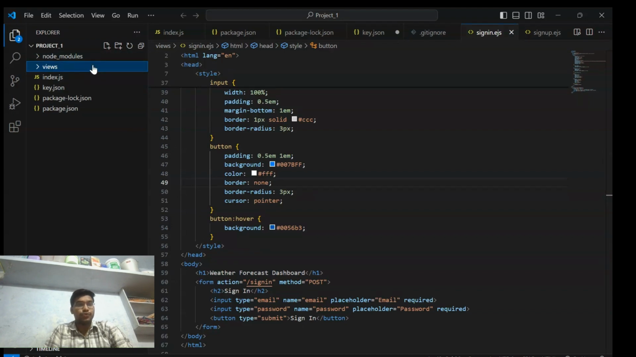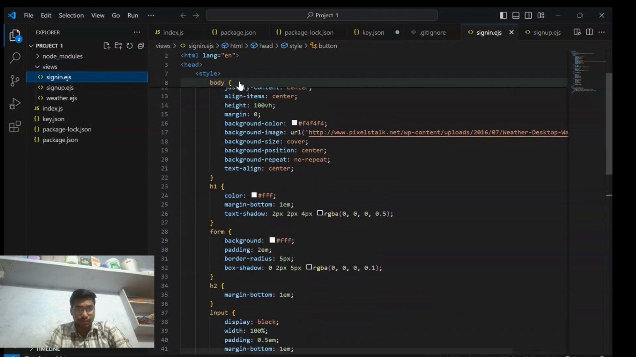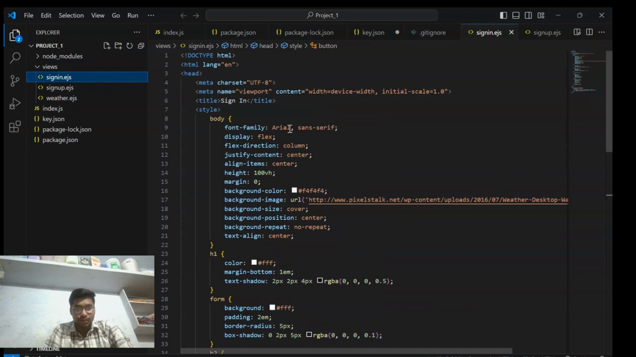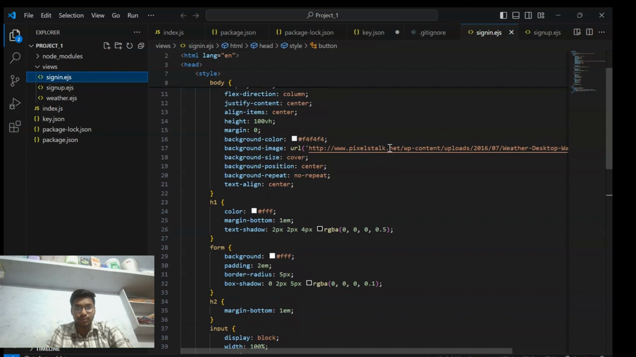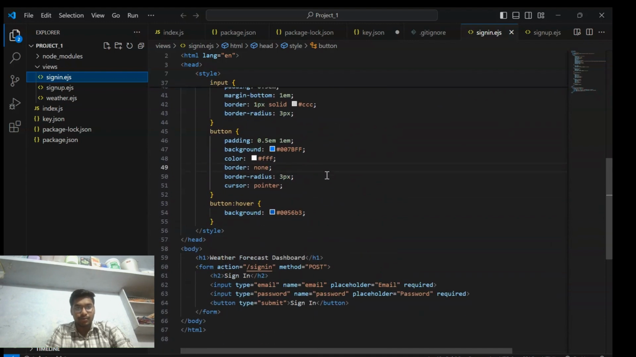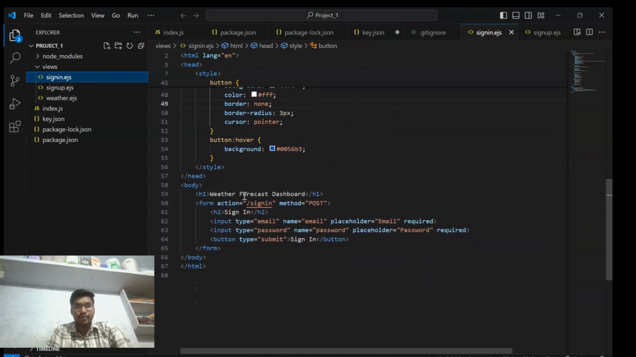And this is the views folder, in which we have sign in, sign up, and weather EJS. In sign in EJS, if you look into the code, this is the CSS styling, and this is a background image, and this is the heading, the weather forecast dashboard, that displays, and this is the form of the sign in page. And here the method we use is post, and in sign in we use email, password, and